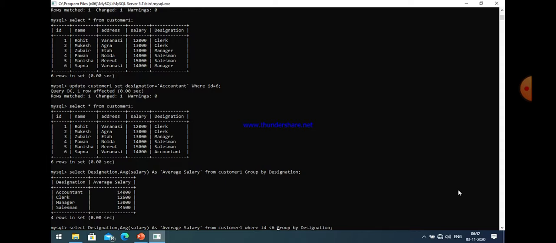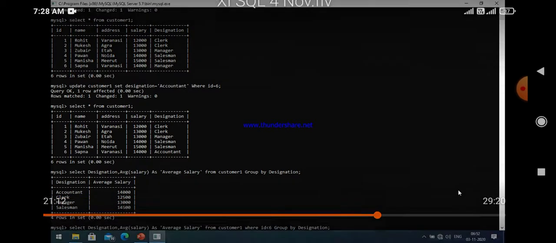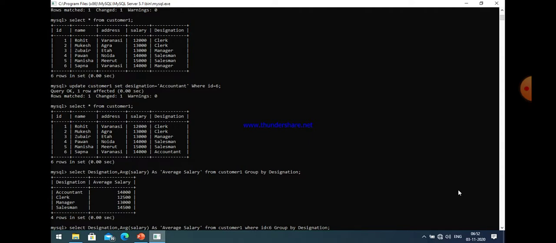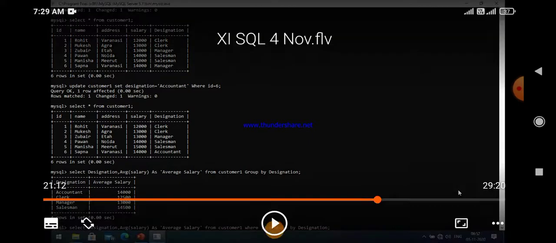Suppose I take a condition where id is less than 6. What happens after the execution of that command is that groups will again be made, but only for those rows where id is less than 6. Let us see it.